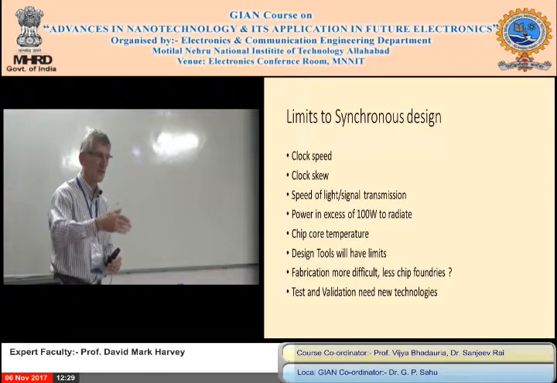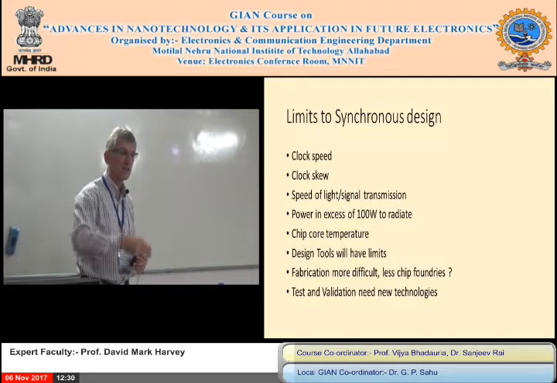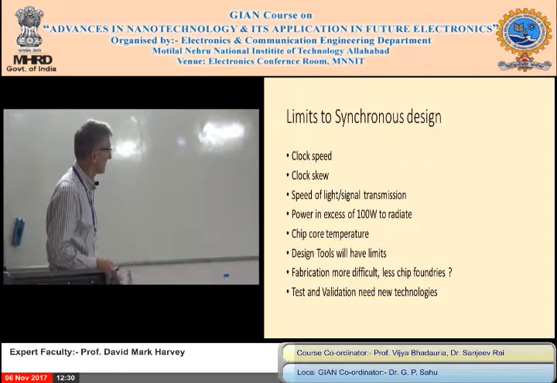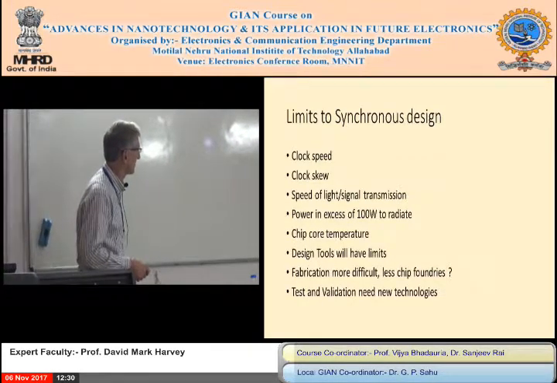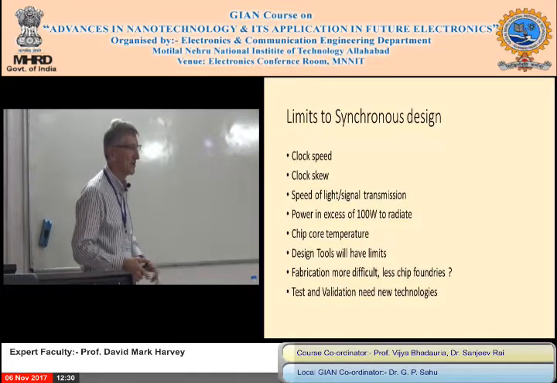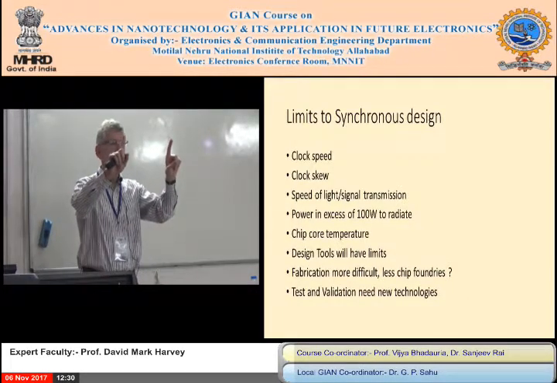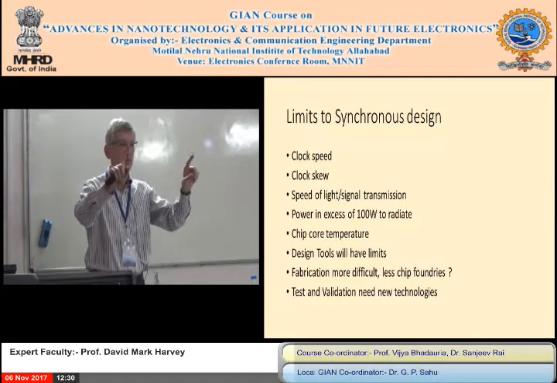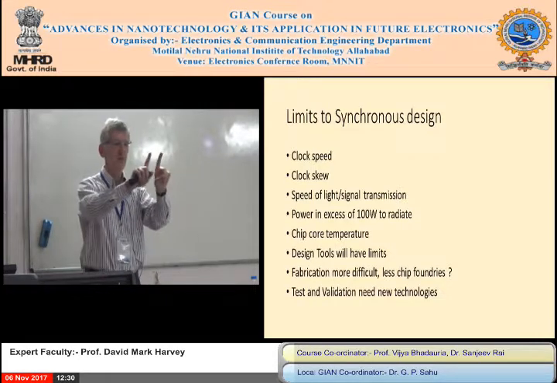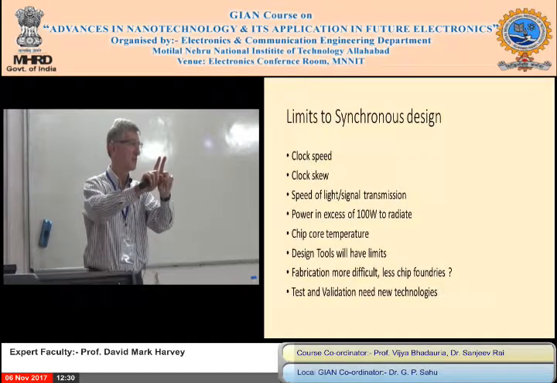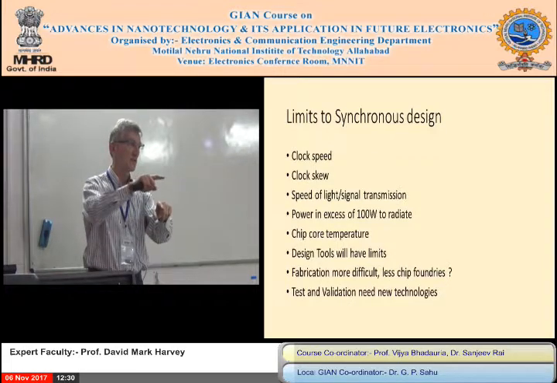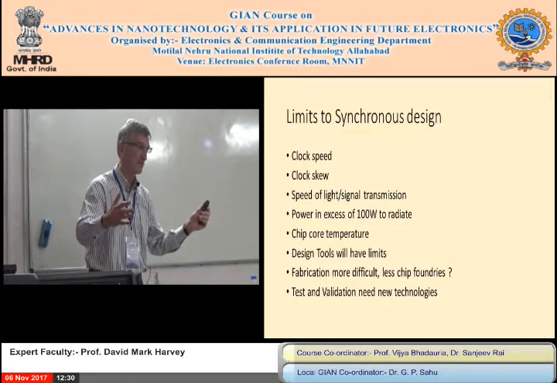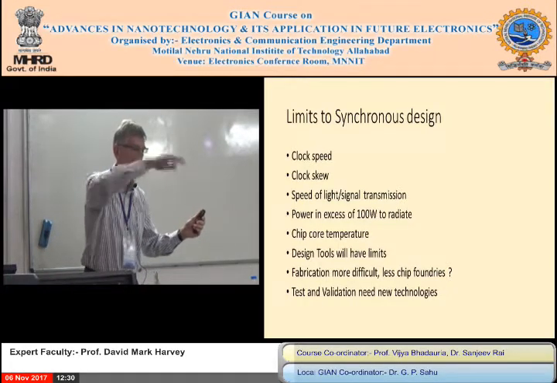It takes a finite time to move down on the connection. So this is going to be a major problem. I've told this to my own students. Speed of light or signal transmission is going to take a certain time. So if you think of 30 centimeters, about 1 nanosecond, plus or minus, in a copper wire or semiconductor, you go down to 3 centimeters, which is the size of some modern chips. It can be 3 centimeters square easily, maybe bigger. And it may go to chip scale wafers, 300 millimeters, 30 centimeters diameter.